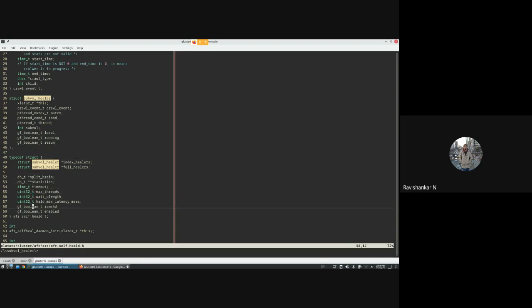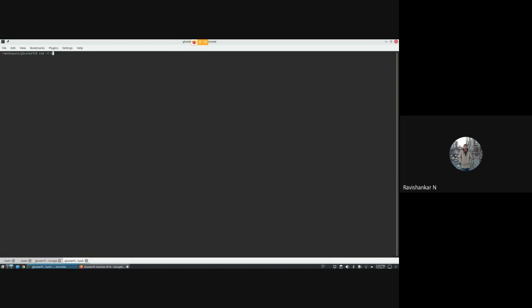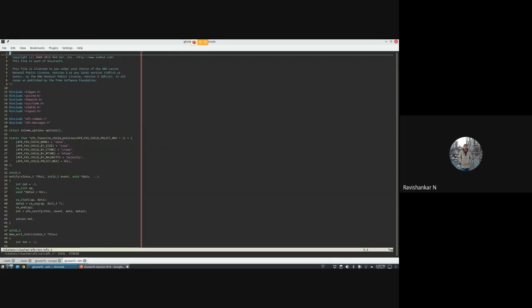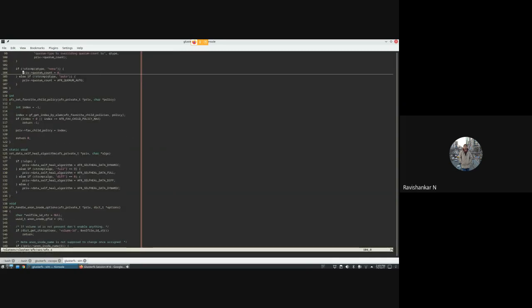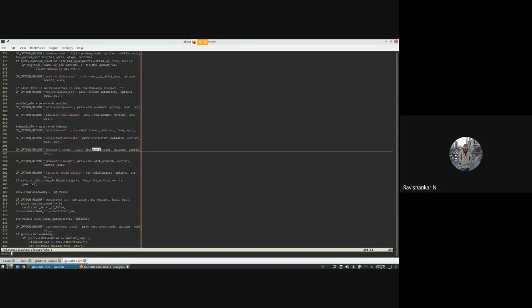The max threads, wait queue length, and so on are used for throttling. I think the self-heal daemon also has multi-threading, just like the client-side self-heal. Let us look at max threads.